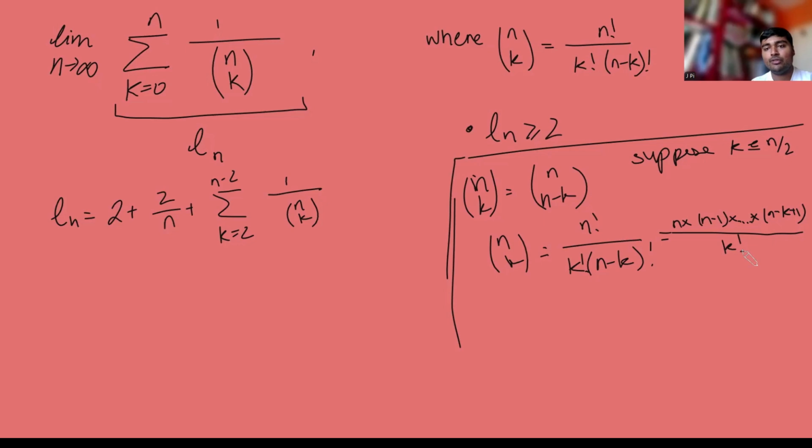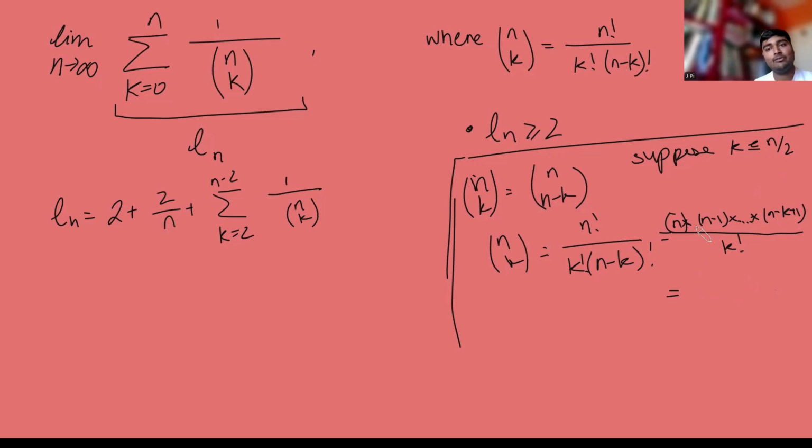Great. So what do we have on the top here? Well, the top here is a polynomial. What's the degree of that polynomial? The degree is just k. There are precisely k brackets, including this first one, on the top. So that's going to be a polynomial in n of degree k. And k factorial here is just a constant dependent on what k is. The key thing is this is a polynomial of degree k. So if k was 3, for example, this would be n cubed plus something n squared plus something plus something. It's a polynomial of degree k. So that means when k is less than or equal to n over 2, this is just a polynomial